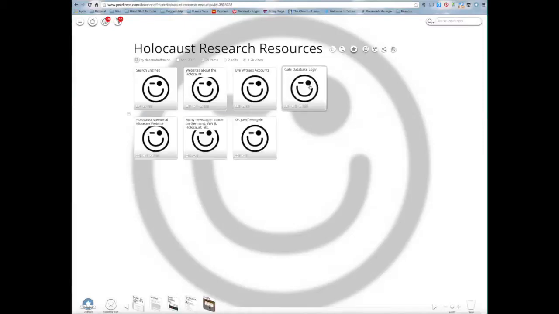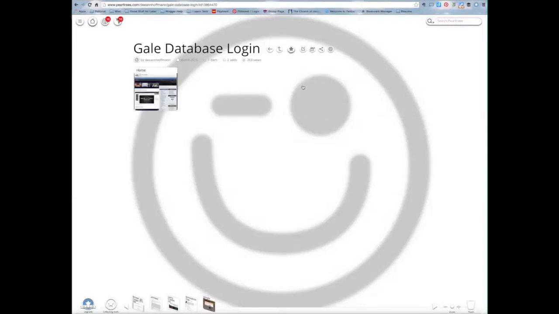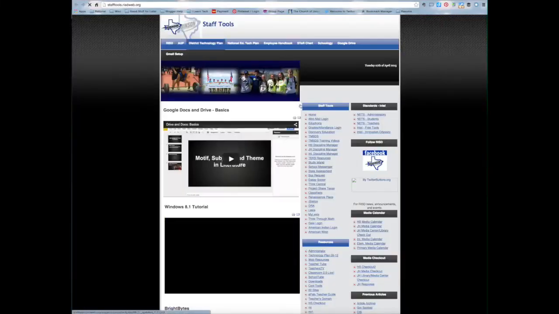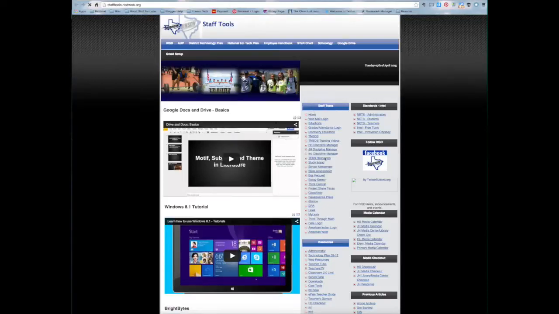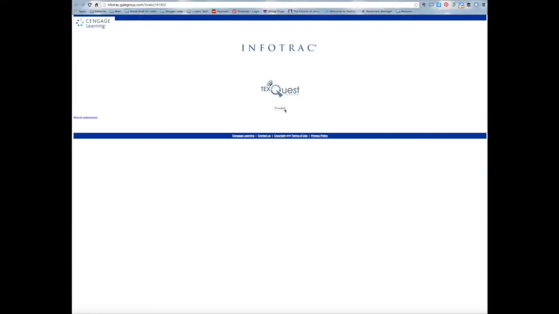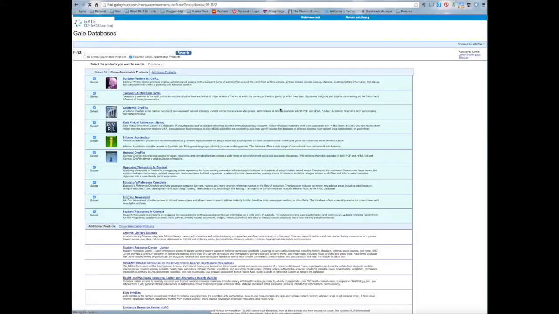Then the next one I have is the database. It's our district database. I'll show you how to access that. It is found on our website homepage. We'll go into our Robinson homepage, and under Staff Tools, if you go down to Gale Login, so look under Staff Tools, Gale Login. If you use this link on our Staff Tools page, you will not have to have a password to get in. So you go to our database homepage, and not all of these different sources are going